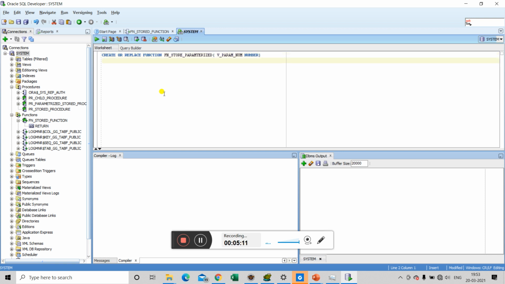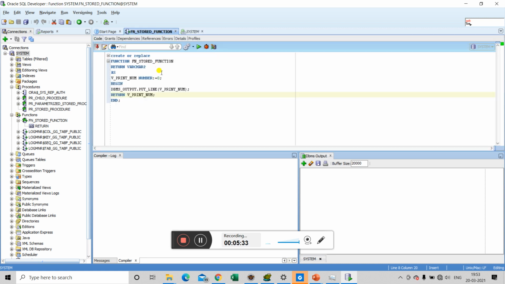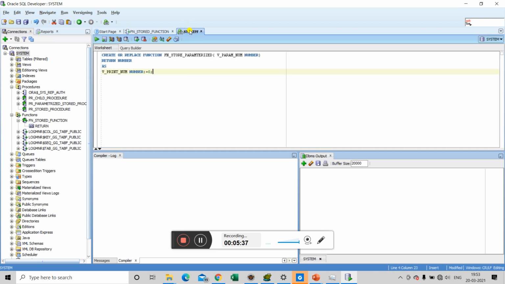In this stored function as well, we need to declare our return type. So let's declare that this function will return a number value. Now we can use our declaration section to declare other variables or cursors that we want. In this case, we will declare the same variable that we used in the normal function, and initialization will be with a value 10.